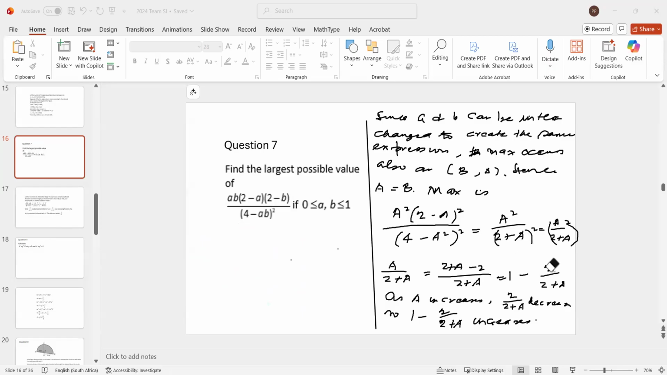So the argument is as you increase A, the whole thing increases. Therefore, if you want to get to the maximum, you'll have to choose the largest possible value for A. The largest A is 1. Well, A is equal to B, so it is 1. A is equal to B, you see, so the largest B is 1. So therefore, the maximum is